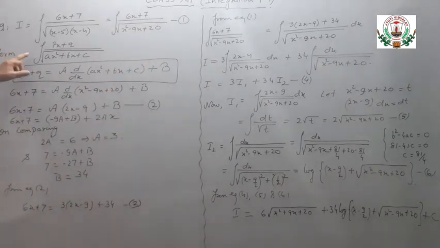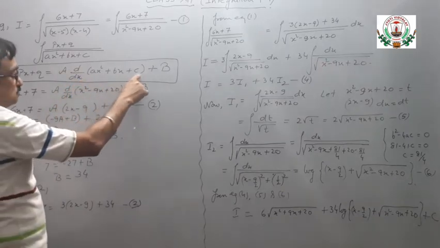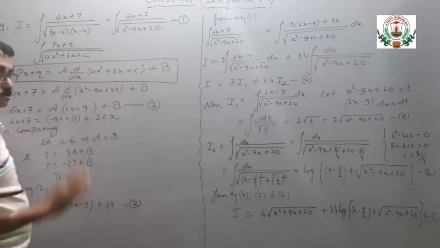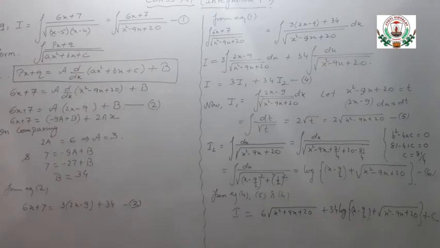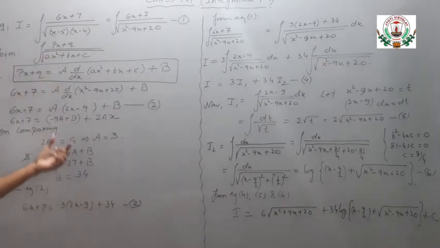Now it is of the form integration px plus q upon root over ax square plus bx plus c. So here also we have to apply the same formula. The linear equation equals a into d by dx of ax square plus bx plus c, plus constant b. Don't put the square root sign; here the square root sign will not come. px plus q linear equation equals a into d by dx of ax square plus bx plus c, plus b, and again we have to proceed in the same manner